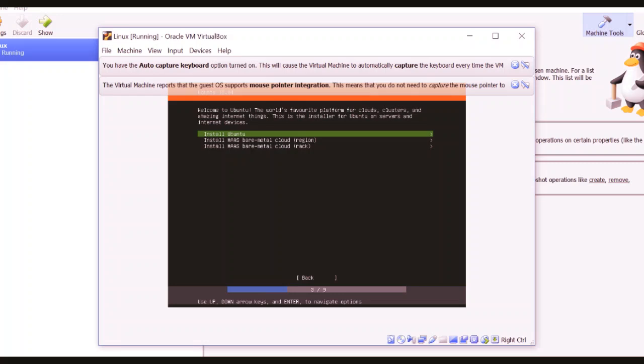So it has a 9-step process for installation. The first one would be choosing your preferred language. So I'm going with